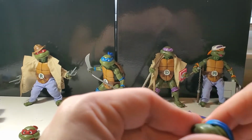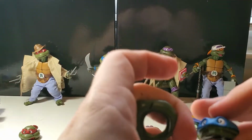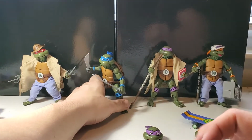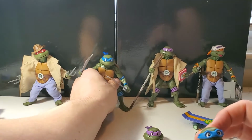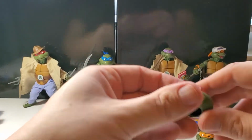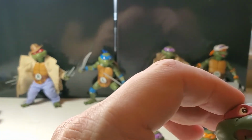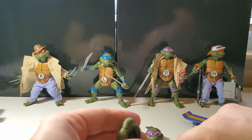But for every turtle, you get happy eyes. And I just peeled off Leo's mask there a little bit, so you want to be careful. So for every turtle, you get a set of happy eyes, and you also get a set of serious eyes. Now, they give you limited facial expressions because you only get 2 sets of each, but every head sculpt is interchangeable. So this is Raph's happy eyes, but he has this open mouth look, for example. But the open mouth look can go on to